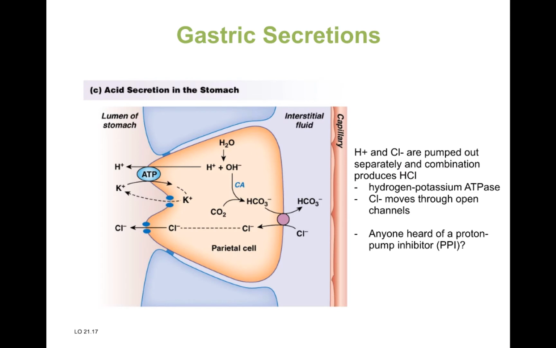Okay, moving on. Let's talk a little bit more about acid secretion and how that happens. We've got a parietal cell here. And one thing, I don't expect you to know the mechanisms of this in detail, but I just want you to appreciate or realize that when we say the parietal cells produce acid, they can't produce HCl here on the interior of the cell. That is not possible because as soon as HCl is produced, it would start breaking down that cell itself. So what the parietal cells do is, through this bicarbonate exchange pump here that we've talked about